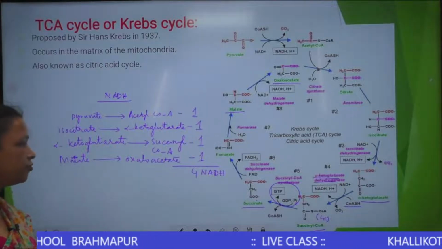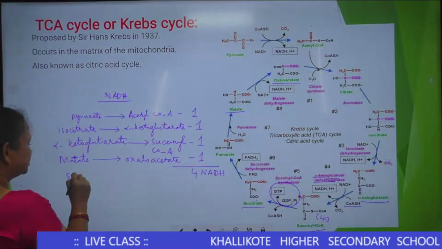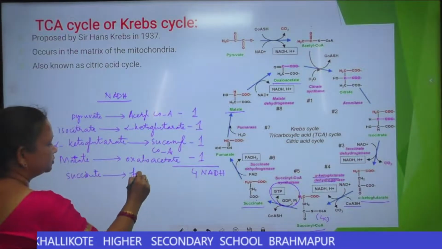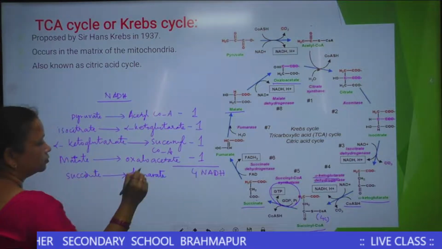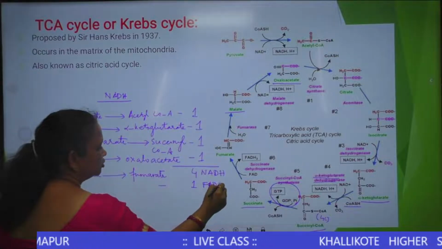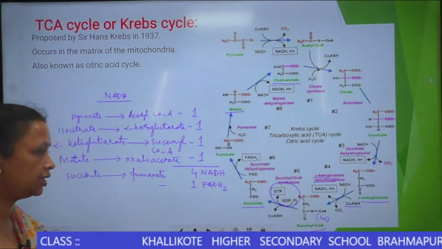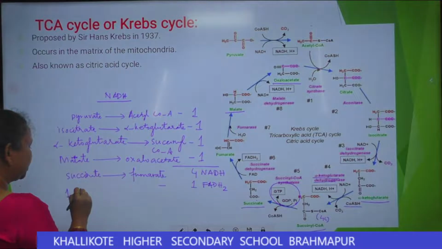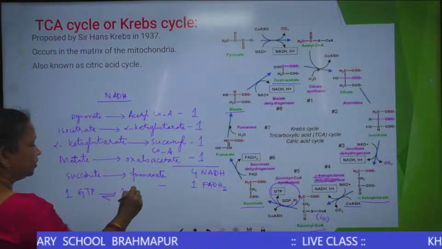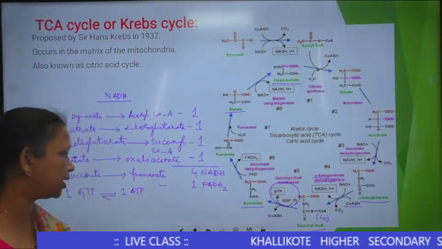What is the number of FADH2 that is obtained? So, FADH2 is from succinate to fumarate. We are getting one molecule of FADH2, and the synthesis of direct molecule of ATP is one molecule of GTP converted into one molecule of ATP in the reaction where succinyl coenzyme A breaks the coenzyme A to get converted